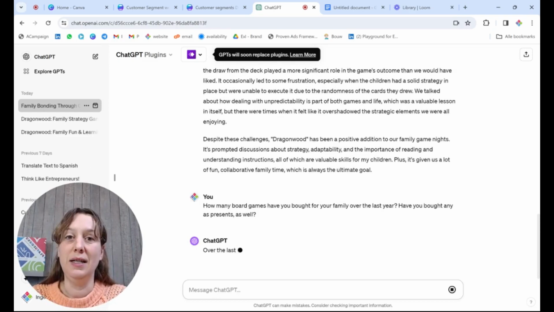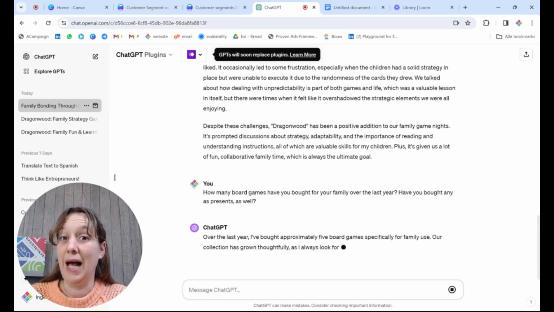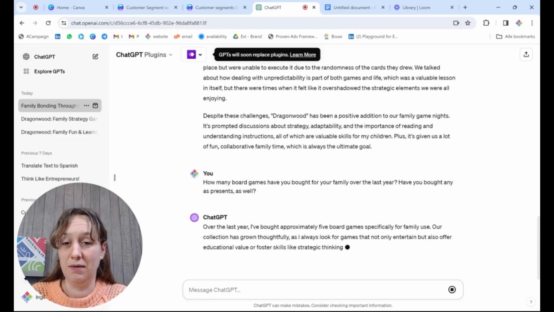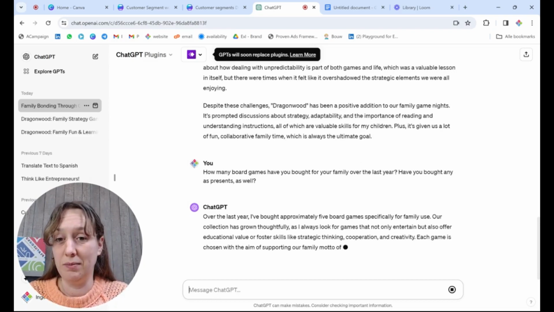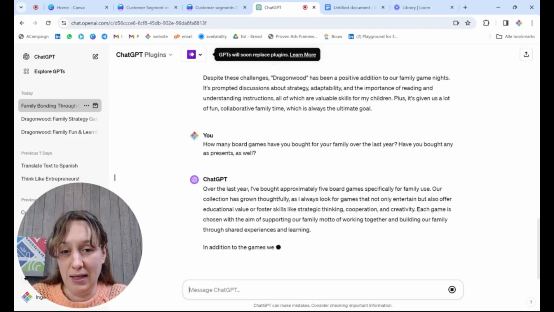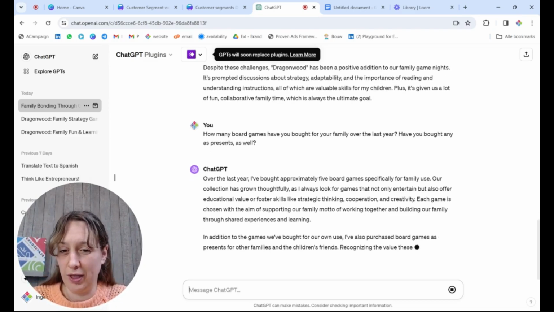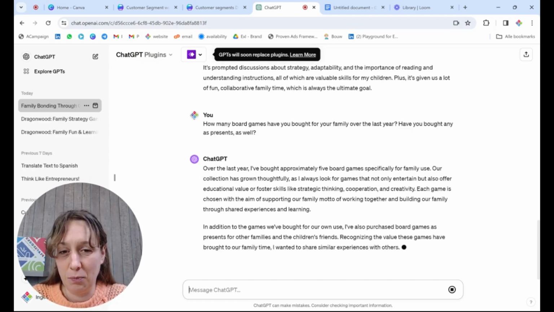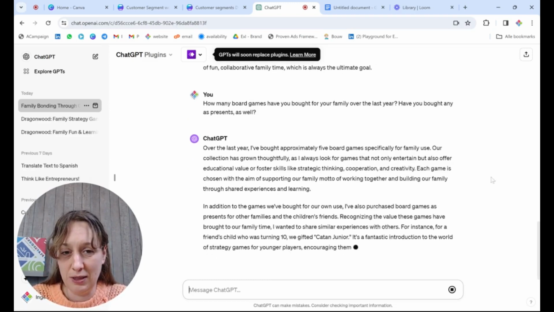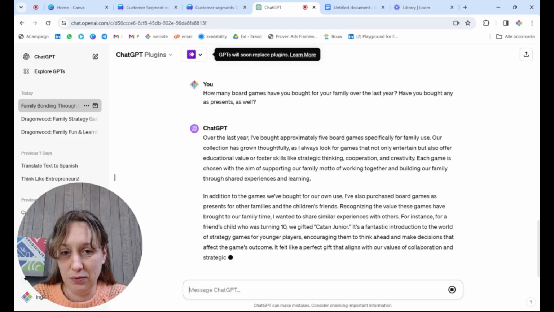So let's see if Sarah has a habit of buying board games as presents, and how many board games she actually buys. So approximately 5 board games specifically for family use.